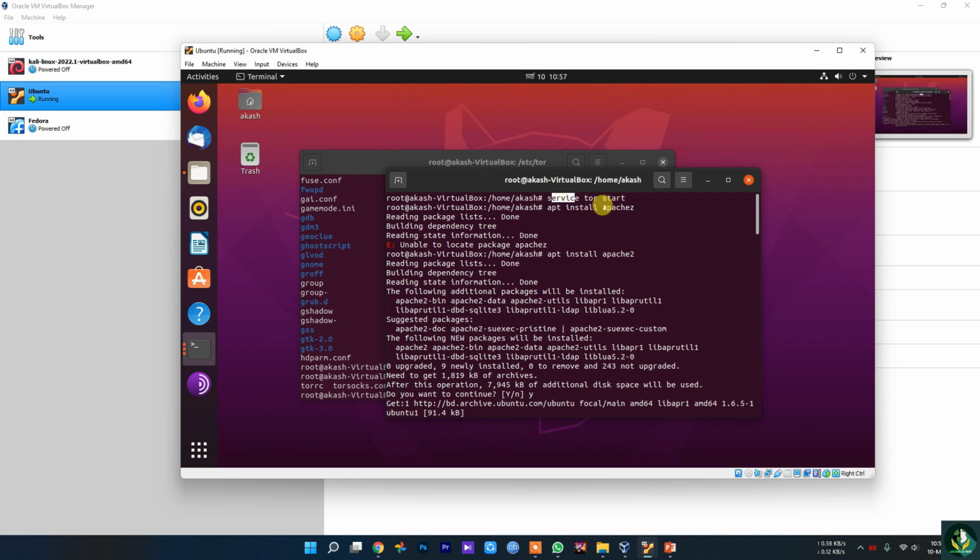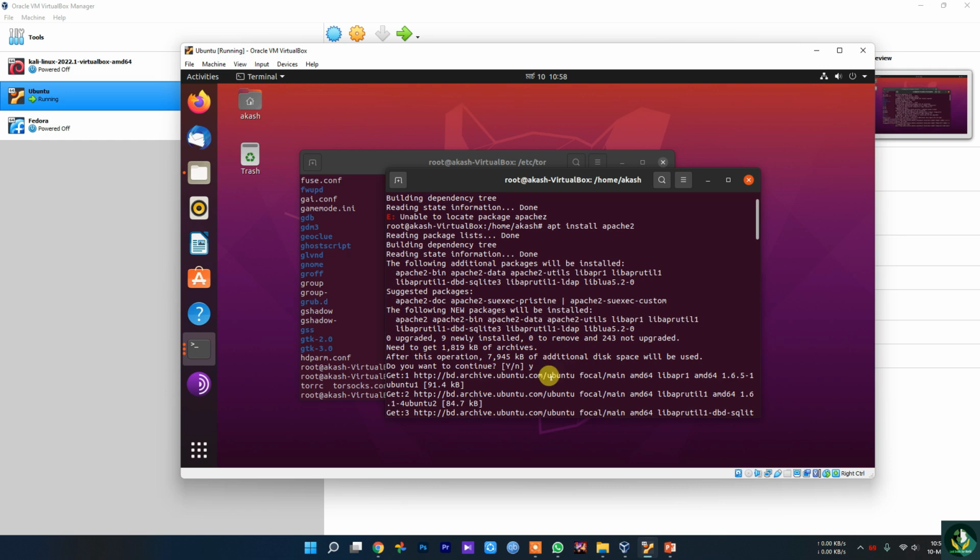It will start the Tor service. After that you have to install the Apache 2 package. Just type apt, which is the default command, and install apache2. It will simply install Apache 2.